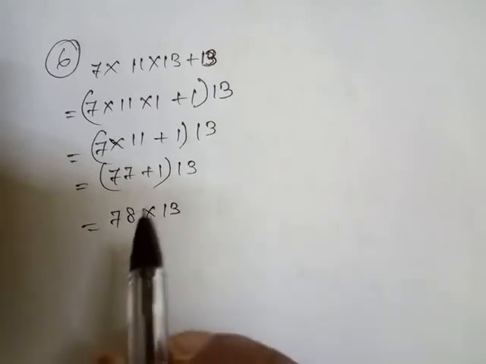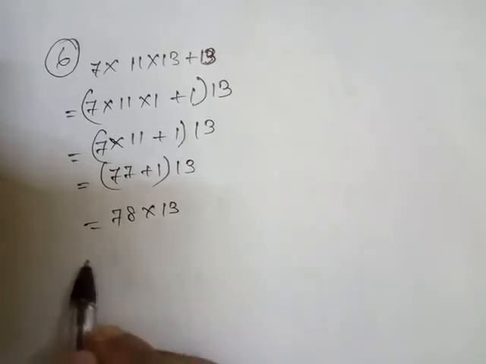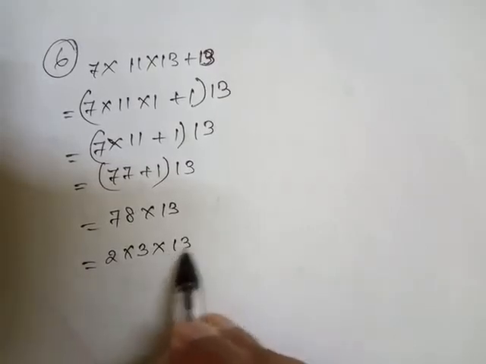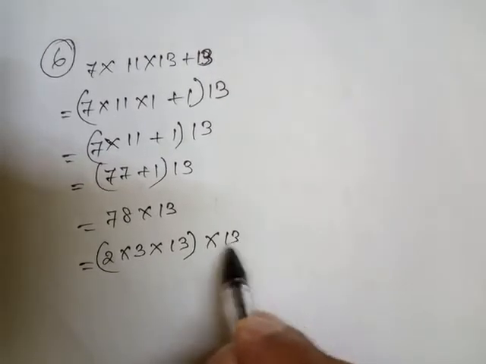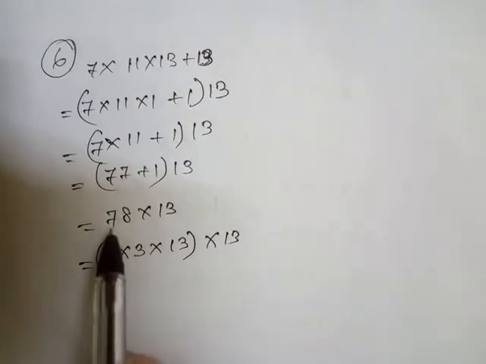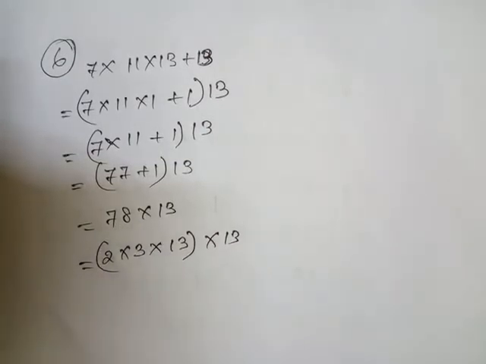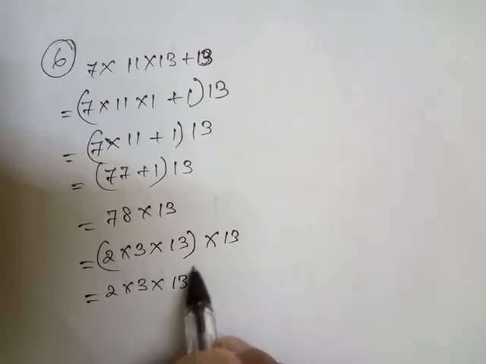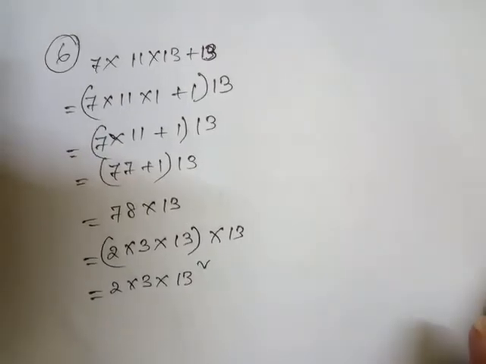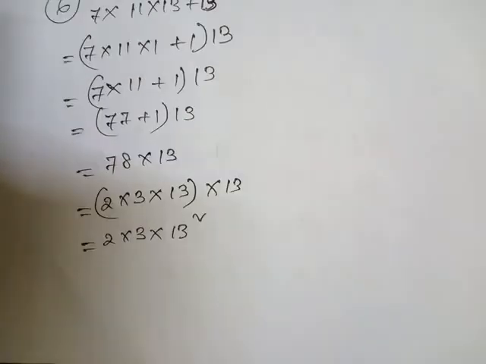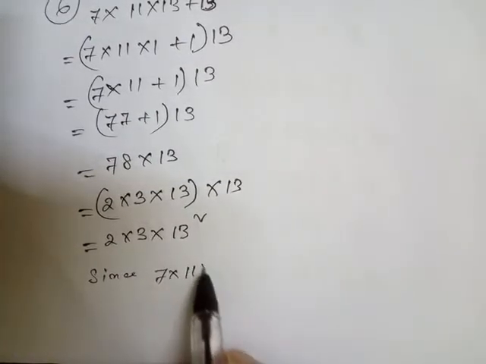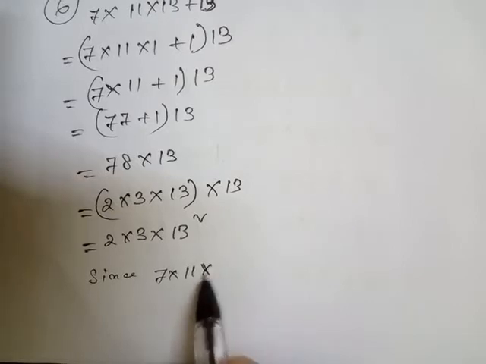Now this 78, look here, this 78 can be written as 2 into 3 into 13. If I write it like this, it will be okay, or if I keep it up to this much, that will also be okay, so don't get confused. So here student, we can say 2 into 3 into 13 into 13, which means 13 square. Now look, the last line of this answer is, we write here that since 7 into 11 into 13 plus 13 can be expressed